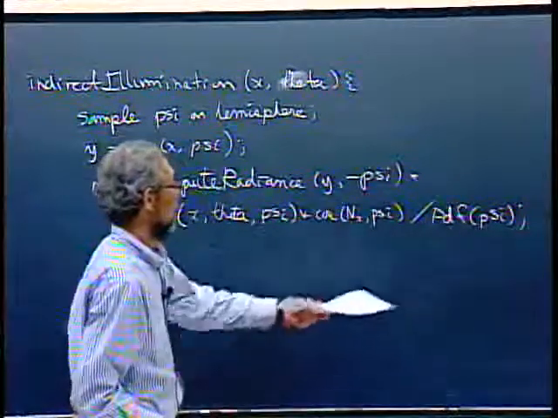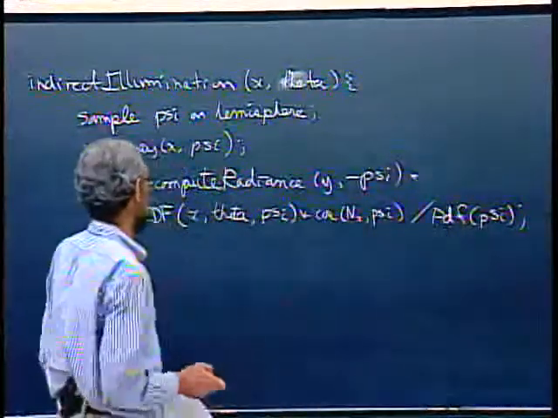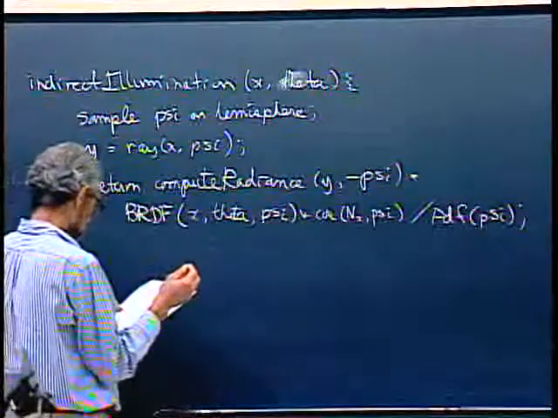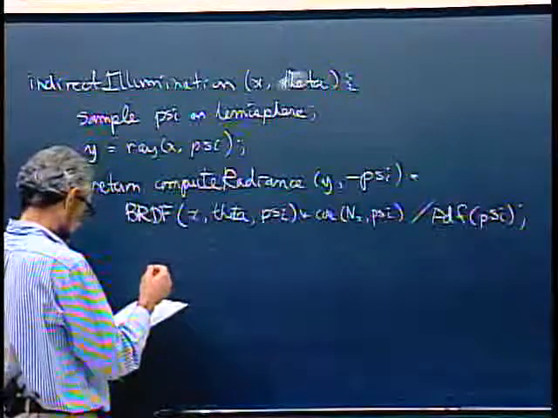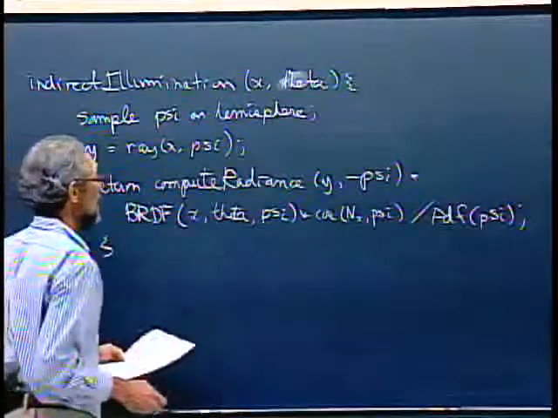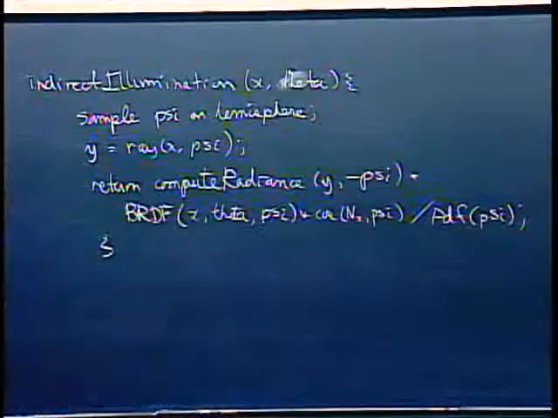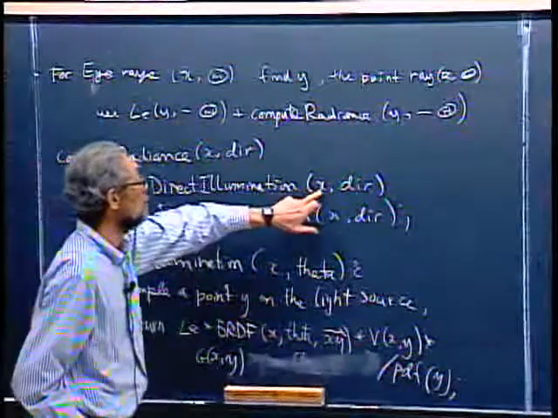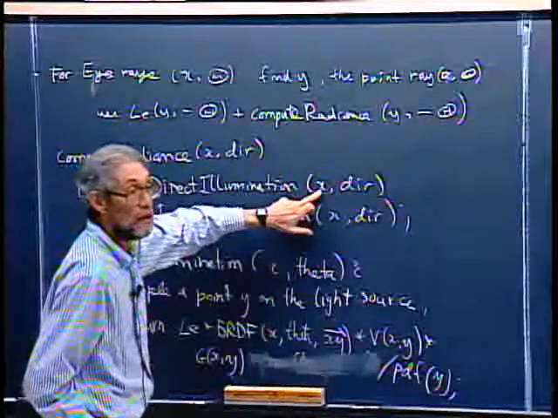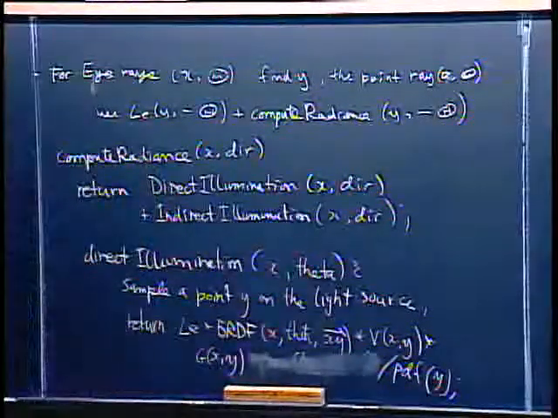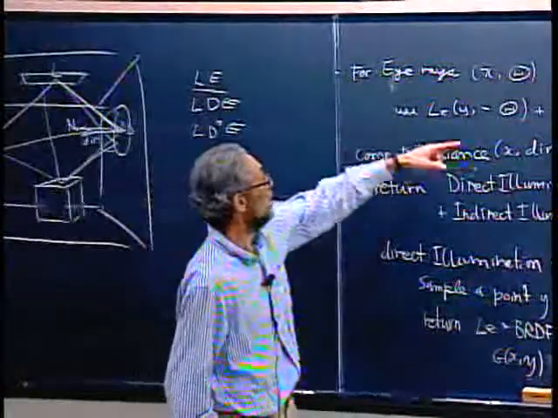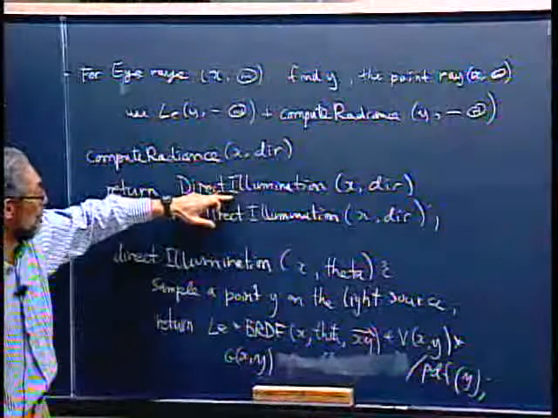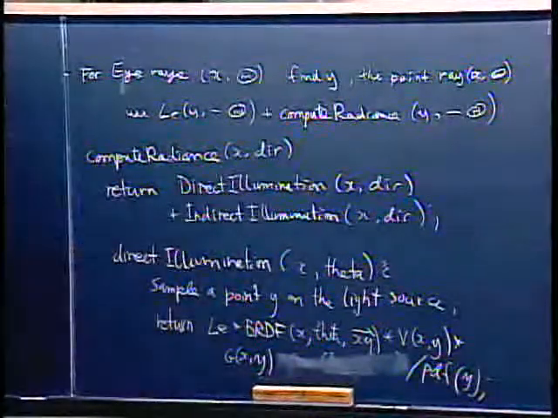Divided by, again, the probability density of choosing that direction, and I'll talk a little bit more about that later. And by doing that, this compute radiance gets you a direct illumination contribution at that point y, which, if it was the first call from this compute radiance, the indirect illumination part of the direct illumination part of the radiance is getting